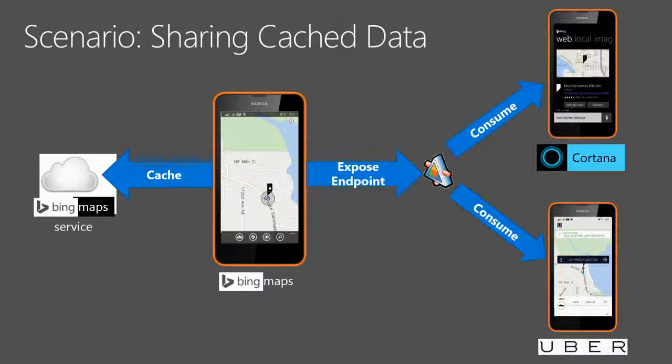So what if, instead of doing that, we actually had an app service that was implemented by the Bing Maps application? And instead of our other apps reaching out directly, we subscribe to the app service on the Bing Maps application and request that information. If it has it cached locally, it delivers it without round-tripping across the wire. If it doesn't have it, then it pulls it, caches it, and then delivers it across to our application. So we're going to get in a situation where all our applications become much more snappy and we're not hitting our data limits as much.